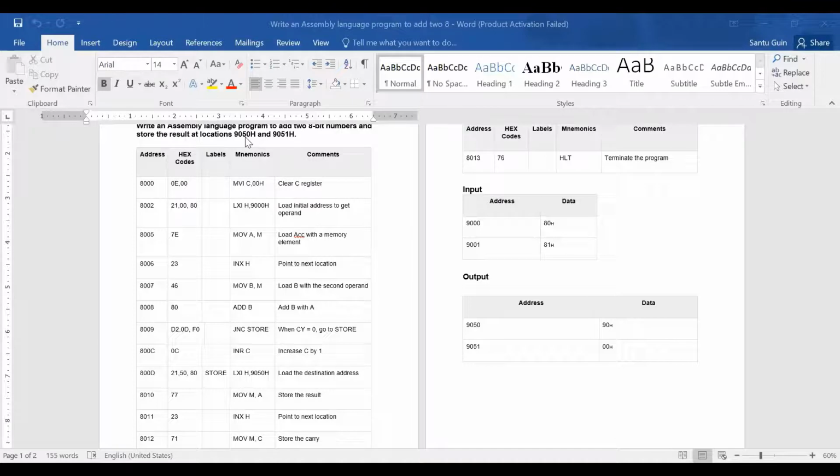Okay, so we have considered two inputs in two consecutive memory locations. One is in 9000, which is 80, and another is in 9001, which is 81. So we need to add them. These are my inputs. We need to add them. And where do we need to store the result?